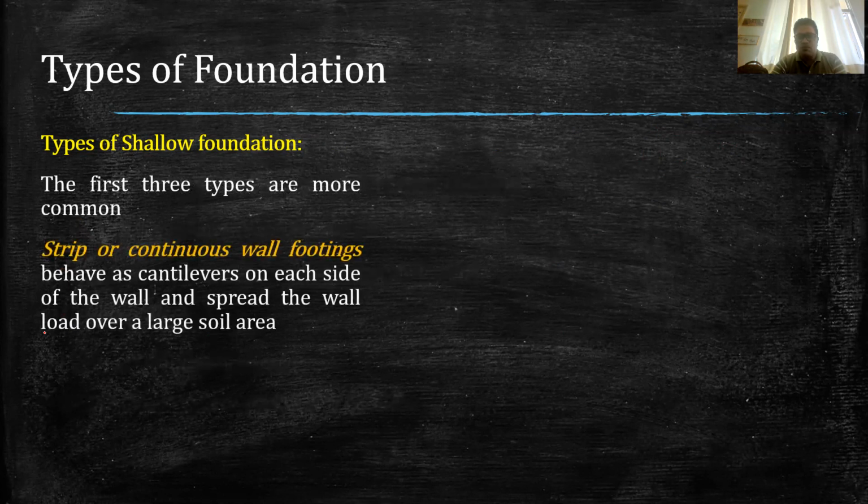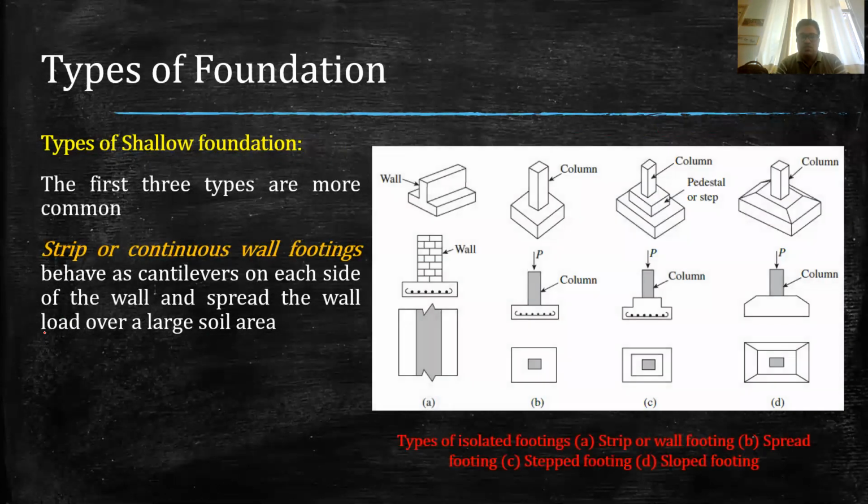Talking about the strip foundation, it is the foundation which is constructed for a wall. In this figure, the first foundation is known as the strip foundation, which is basically constructed for a wall. This wall can be of brick masonry or RCC, but here the foundation will be of RCC. So here you can see this portion is the wall, and for supporting this wall there is a foundation. If load on the wall is coming like this, then against this load, as it rests on the soil, it will offer upward pressure.